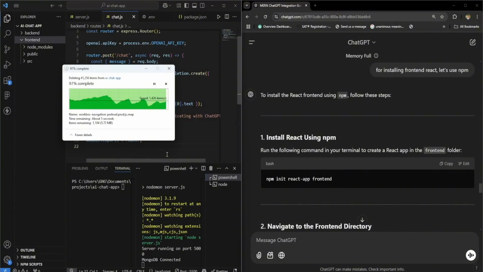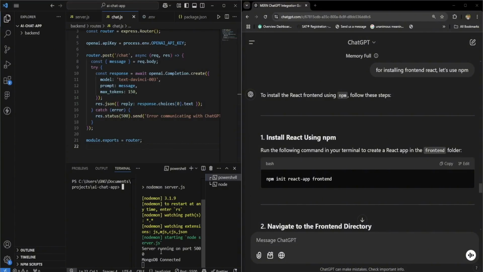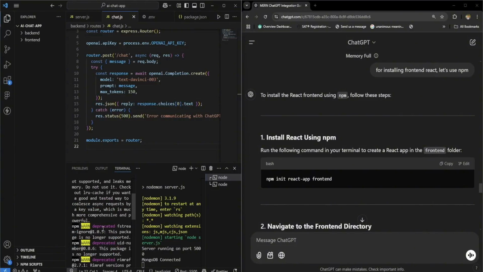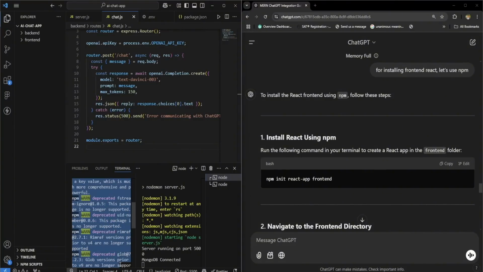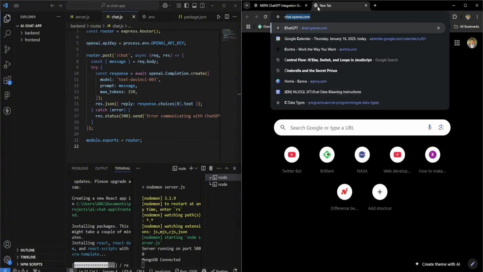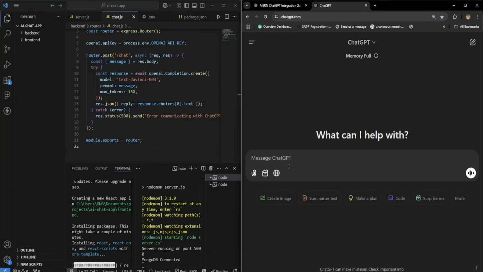Once it is, I'm going to make sure that we do this one more time. So let's just say npm init react-app frontend, and I say, yeah, I want to install this, and I don't know why that's happening, but you can actually do another one and just say